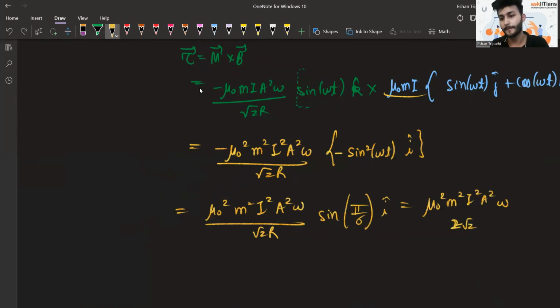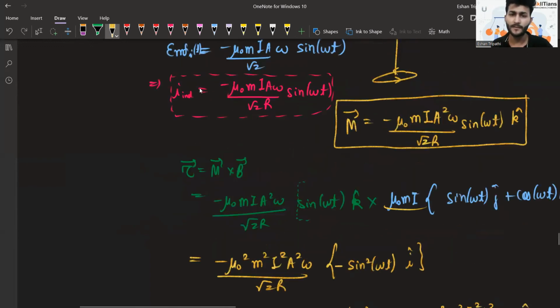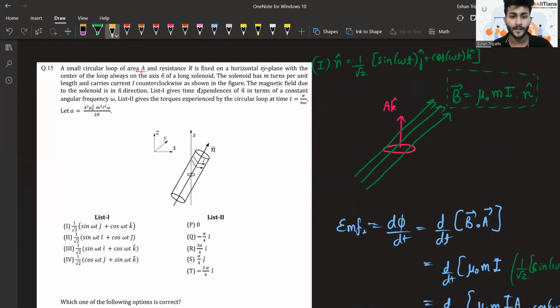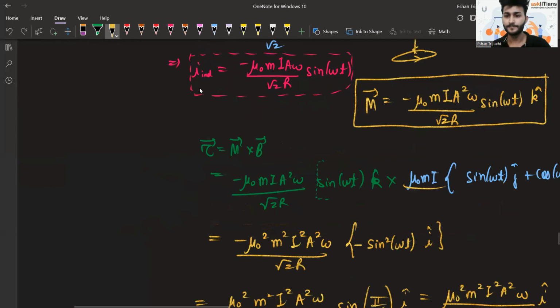Now in the question, there was given a value of this expression, I guess, something similar, by 2R. Yeah, that was given. So this comes out to be